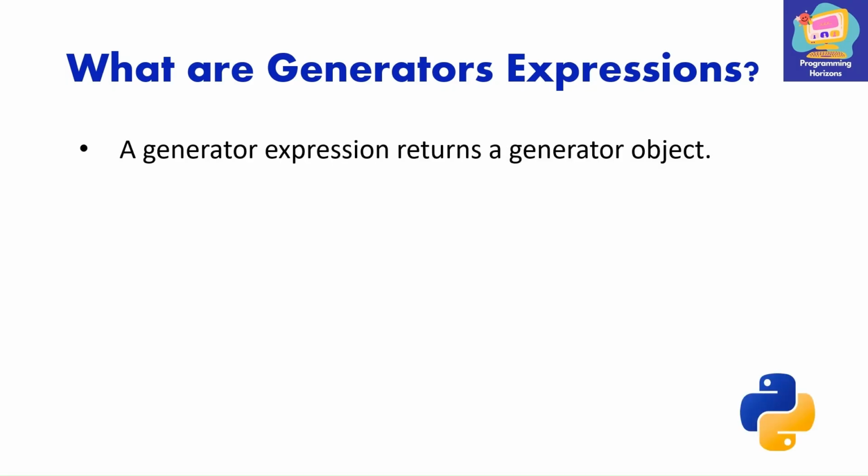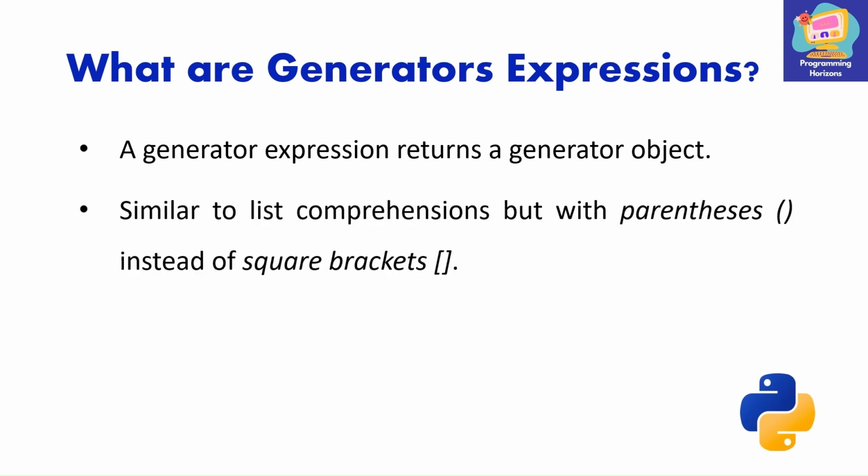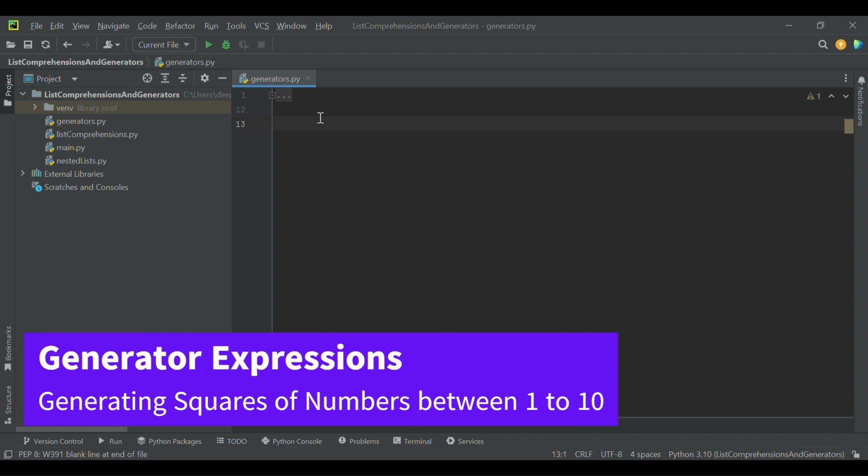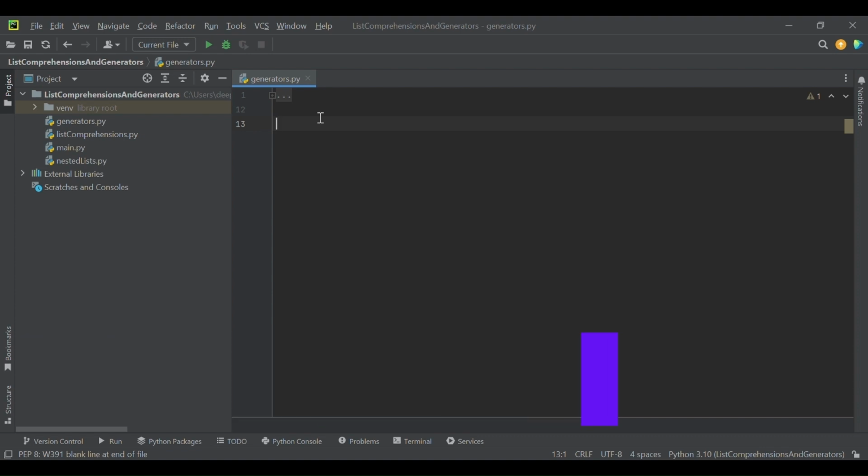In Python, a generator expression is an expression that returns a generator object. It is similar to list comprehensions but is written with parentheses instead of square brackets. Let us see an example. Suppose that we want to generate the square of every number in the range 1 to 10 using a generator expression instead of a list comprehension. Then we will have a variable, let's call it as